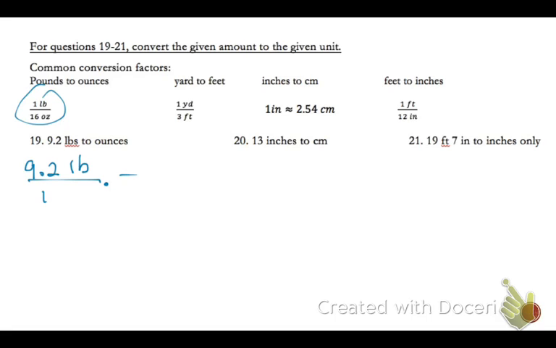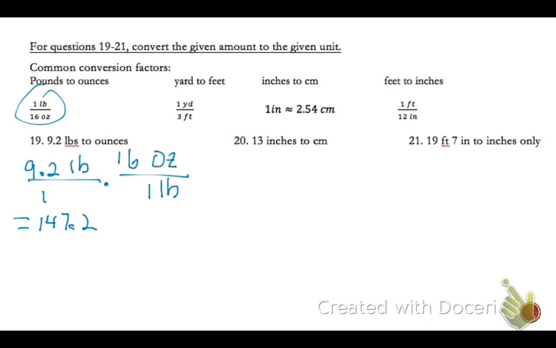We need a conversion factor that's going to have ounces show up at the top and then pounds be in the denominator so that it will divide out by the pounds unit in the numerator. So I know now I'm going to place my number, and I look at my conversion factor. I can see that there are 16 ounces in 1 pound. So now with the numbers, I just multiply straight across. So 9.2 times 16 is